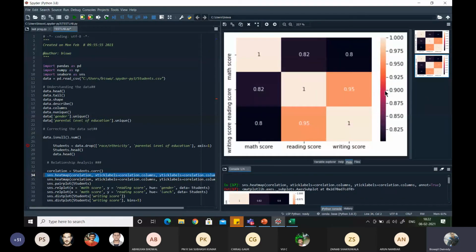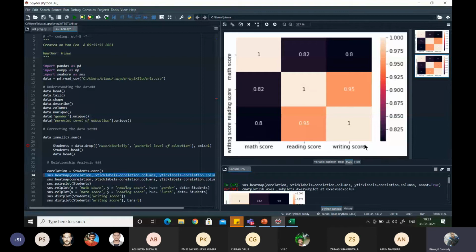Okay, so what happens? You can see here, this is the heat map representation of your correlation data. Whenever we do this correlation, it is going to do mathematical operations on the columns which have numerical values. It is not going to manipulate the columns where strings are present.